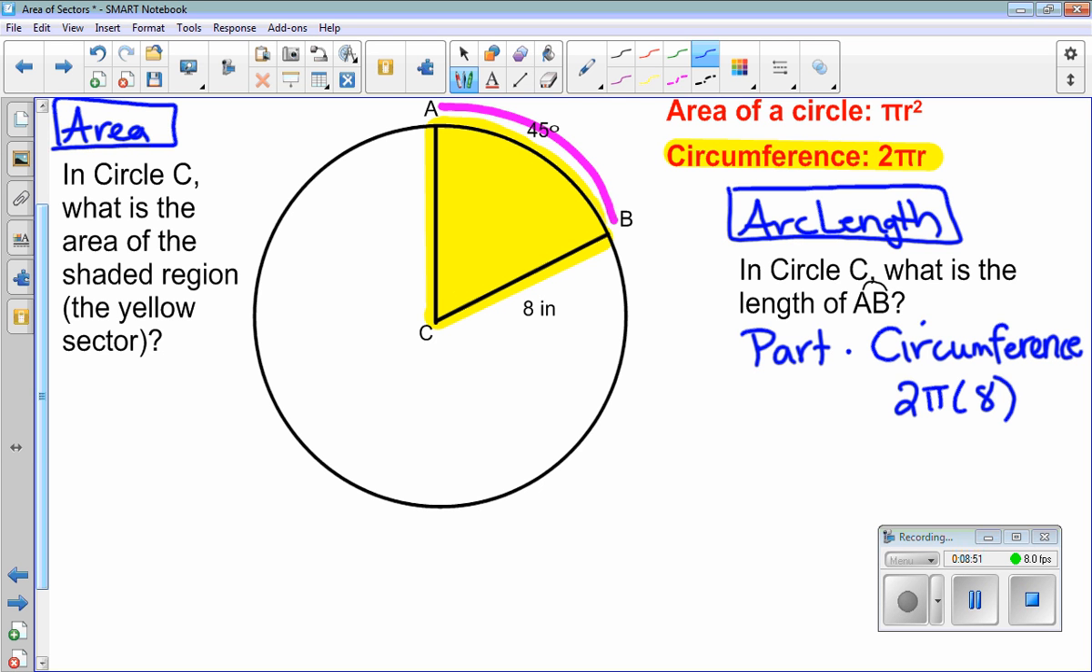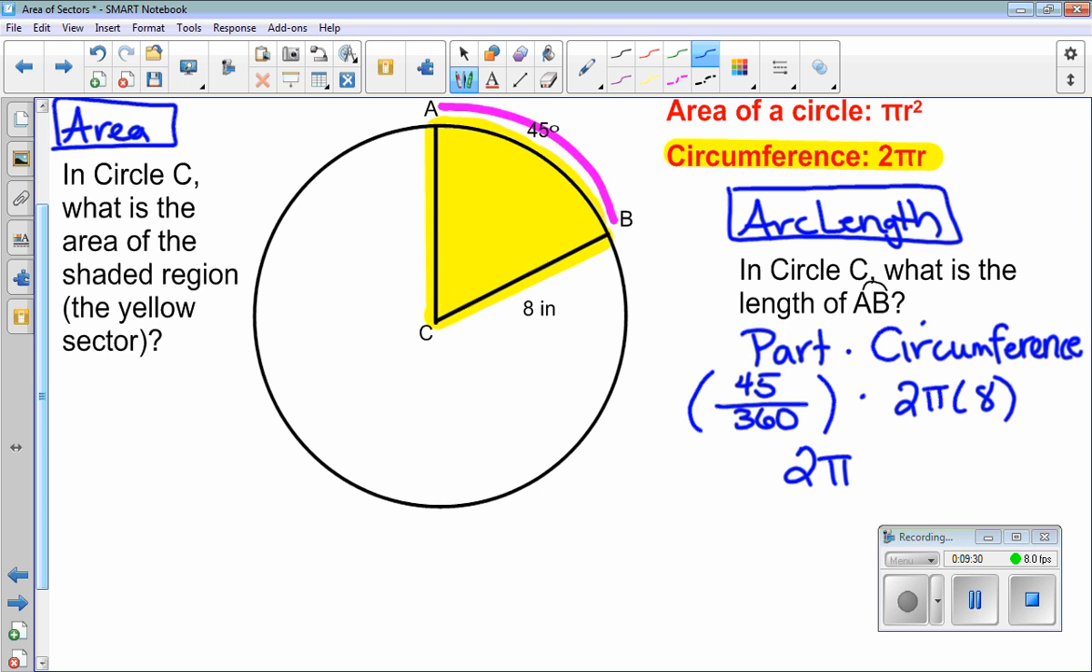Well, the way that we write part is it's the degree measure over 360. 360 is the entire circle. What degree measure are we concerned about? The 45 degrees. So this is how we would find the arc length. It's part of the circumference. So we're going to actually type it into our calculator, but we'll leave it in terms of pi. So that simply means that we're going to go ahead and say, in parentheses, 45 over 360 times 16 pi, or times 2 times 8, or 2 pi,